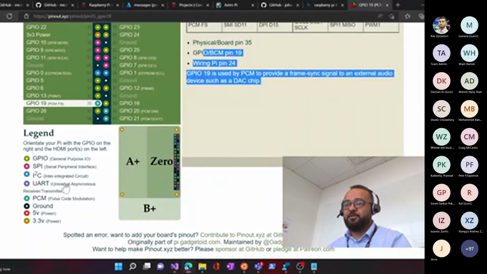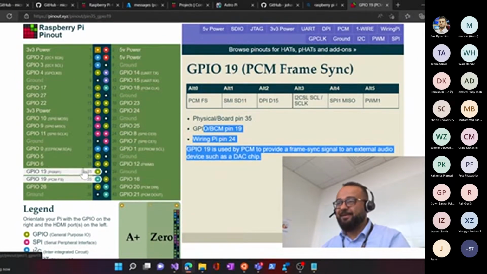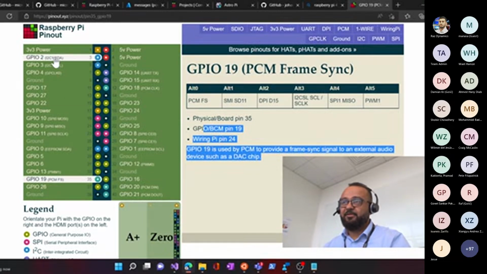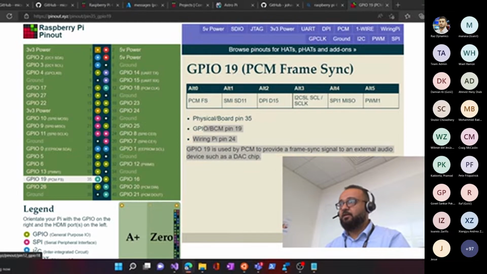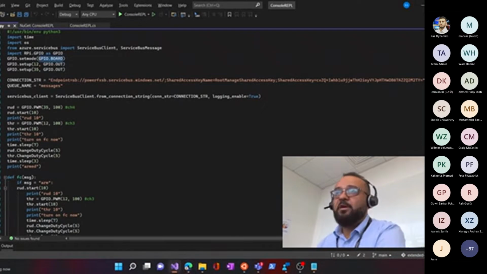If you are into embedded systems, these are maybe already obvious to you, but if you are not from this area, you might find it a little bit tricky. So let me reiterate, you have two numbering schemes. One is board numbering, and one is the actual GPIO chip numbering. And today in my script, which I'm going to provide later on GitHub, I'm using the GPIO board,